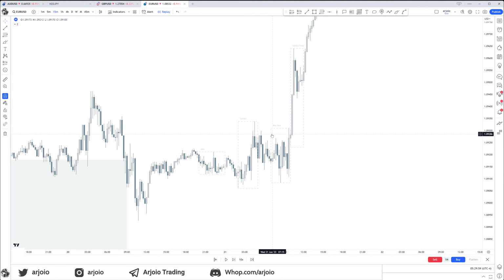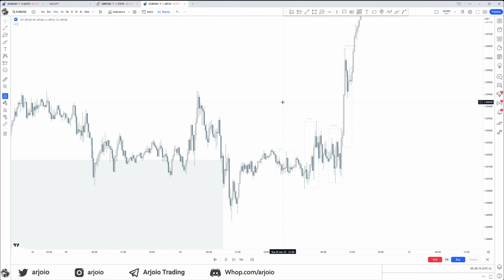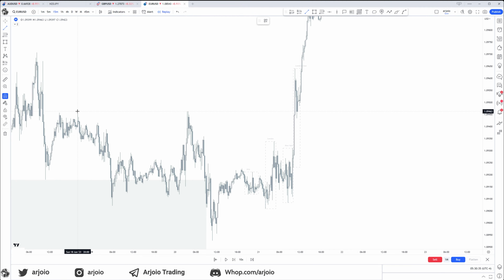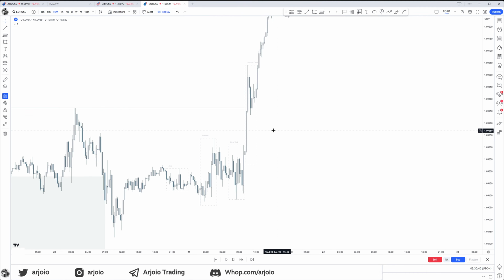What will London close do? London close is meant to distribute positions that are there. So what does that mean? It means that London close will take profit. It will take profit at what? At a liquidity point. Remember from the first episodes, we need liquidity from someone else. So in this case, where is liquidity? See these equal highs? There's liquidity. So what happens? We have a slight retracement right there and London close creates somewhat of a high.